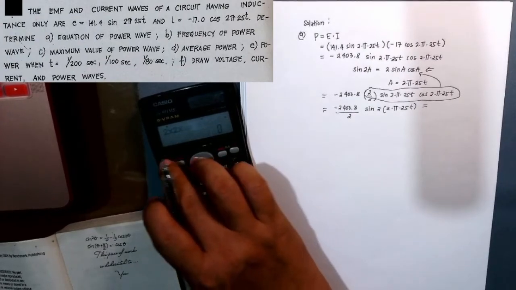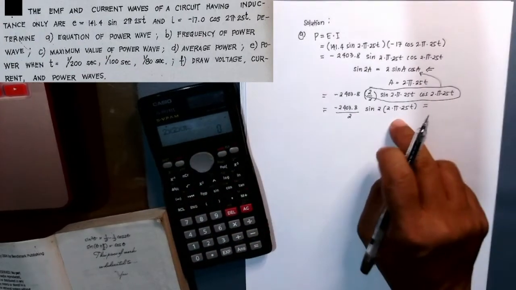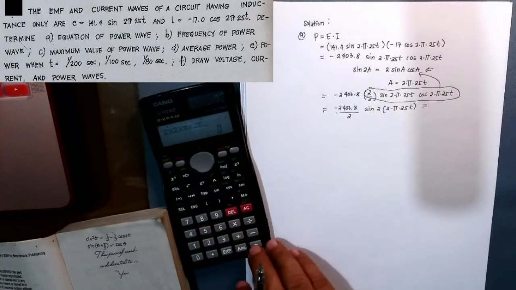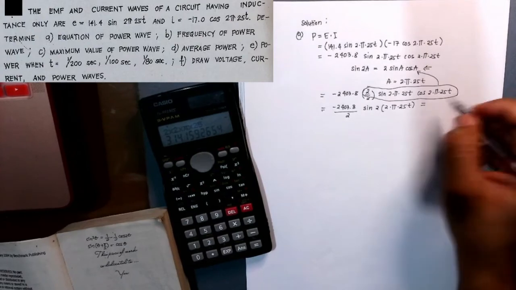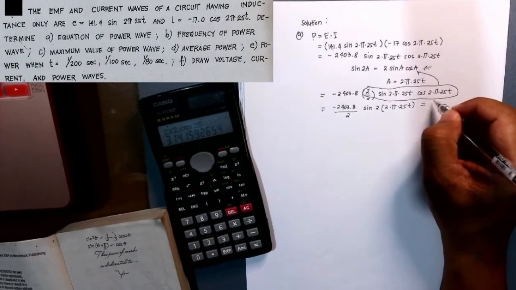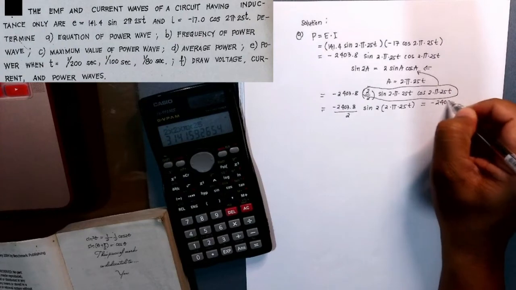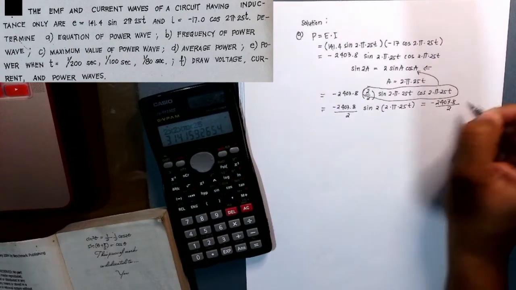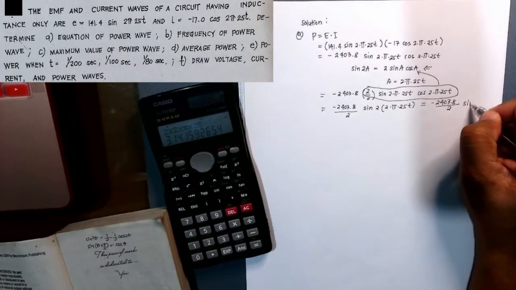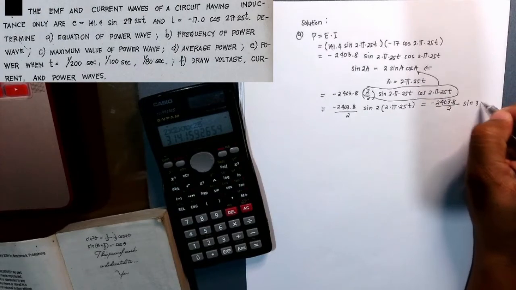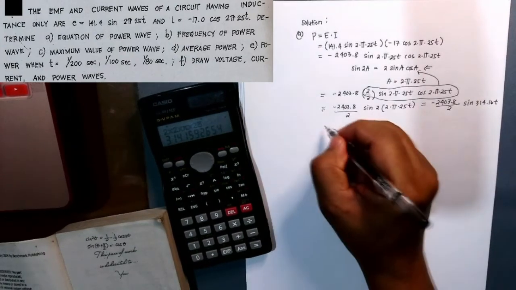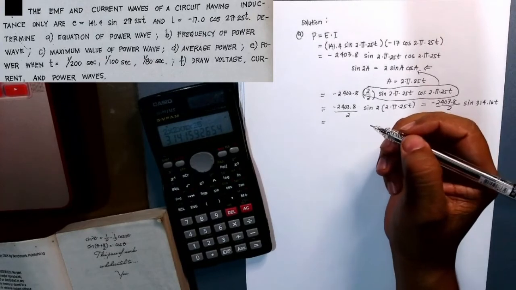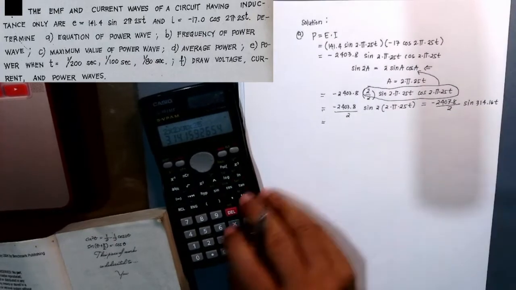times pi times 25. It will give us 314. So that will be negative 2403.8 divided by 2 sine 314.16t. Therefore the equation of the power wave is